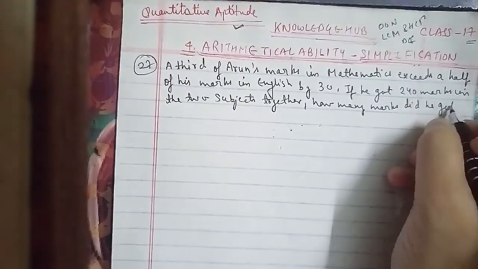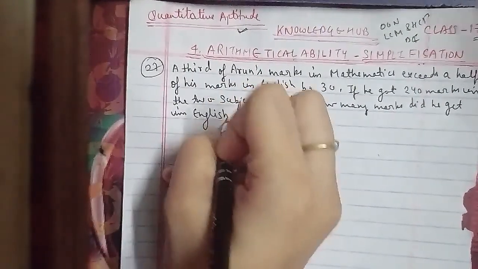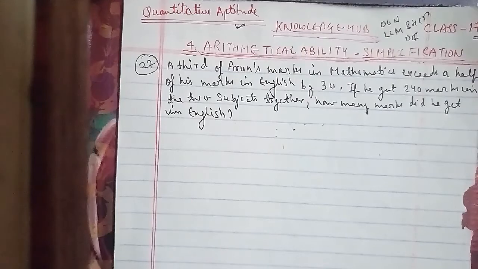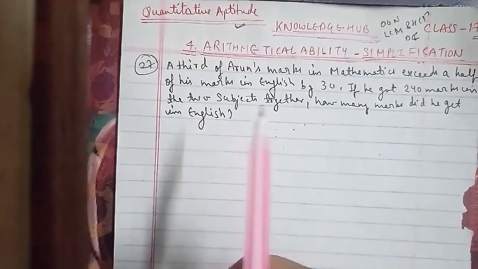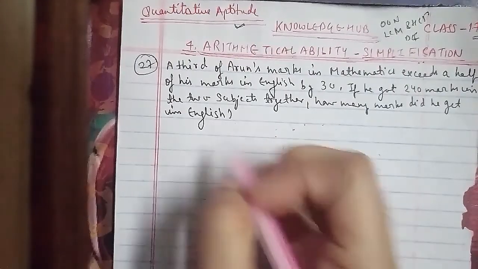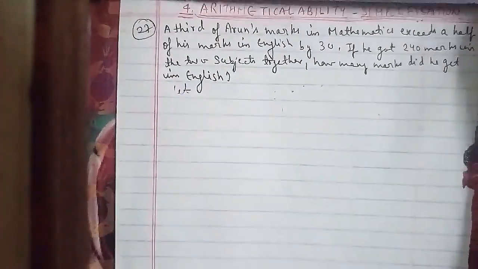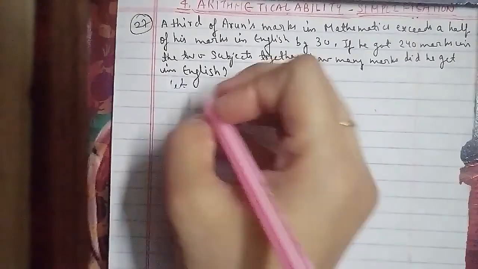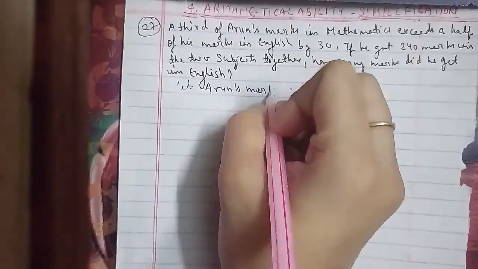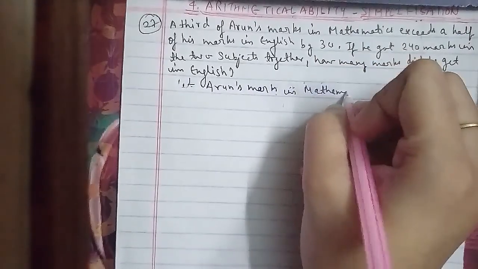So this is the question that we have to discuss here. In this, let Arun's marks in mathematics and English be x and y respectively. Let Arun's marks in mathematics and English be x and y respectively. Then